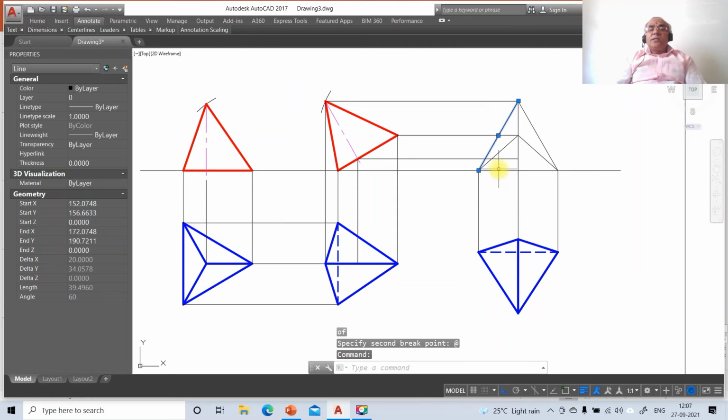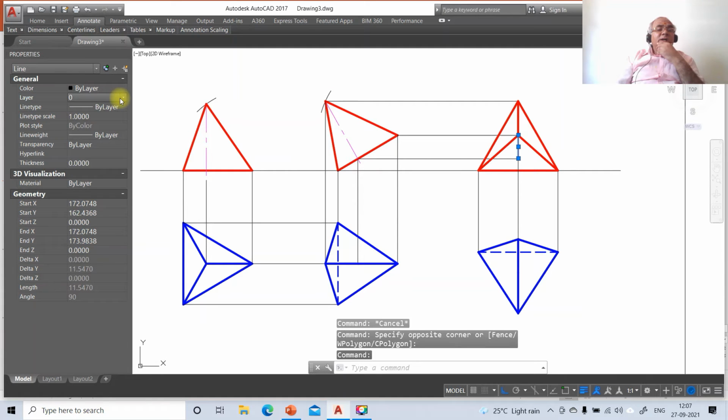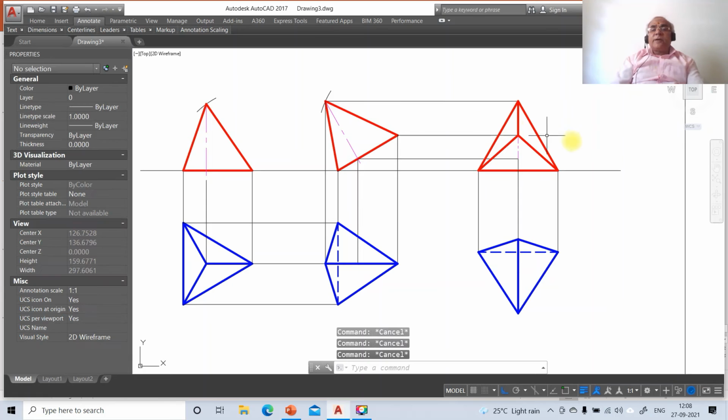So what happens, all the exterior edges of the boundaries of the solids are visible, and the surface nearer to the observer is visible, and so this line is also visible. So you make this as front view. Now this line is going to be the axis line. You just click on this and go to layer, make that layer as axis